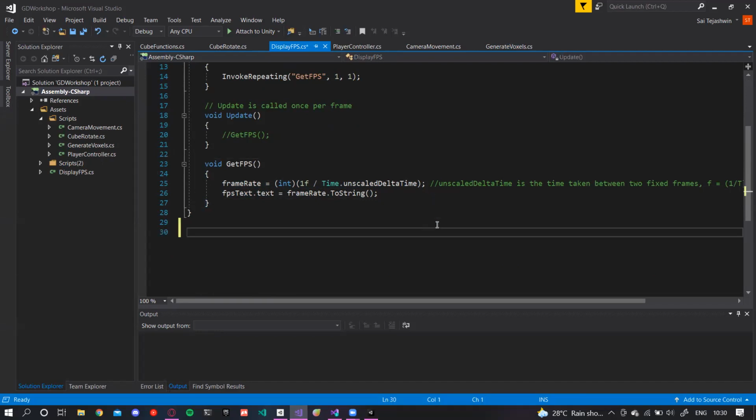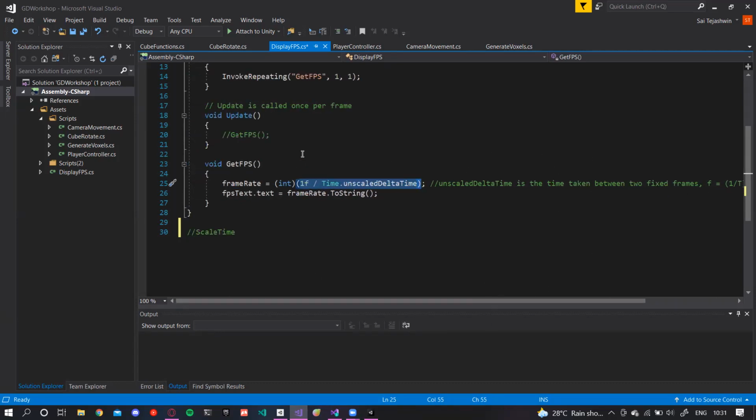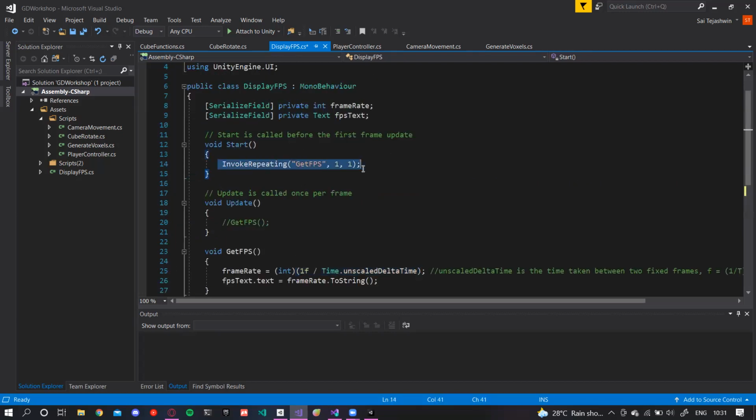Delta time is normalized to a Unity class known as time scale, which allows you to scale the difference even when there are any fluctuations. Unscaled delta time takes the time between two frames no matter what, while delta time, scaled using time scale, ignores that fluctuation. Since we want to show our frame rate as a kind of frequency, using that logic, I've shown it as 1 by t, which is basically 1 by Time.unscaledDeltaTime. Over here, you can see this function of InvokeRepeating.